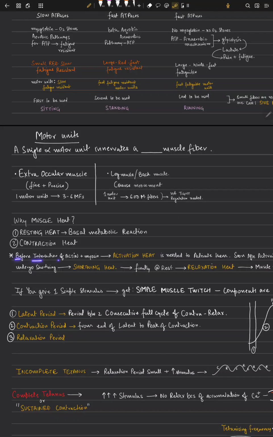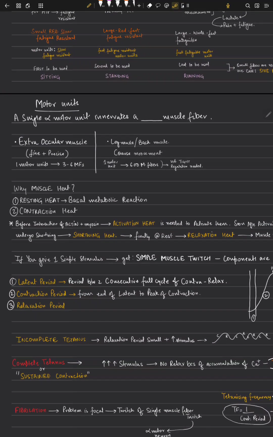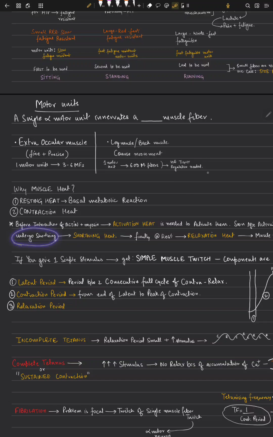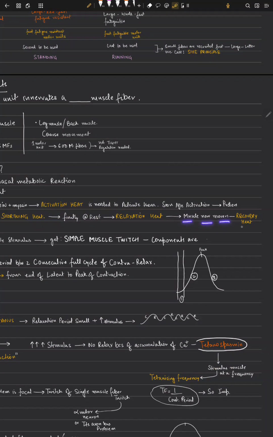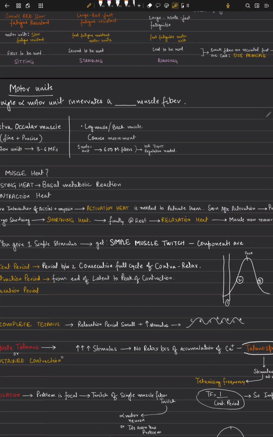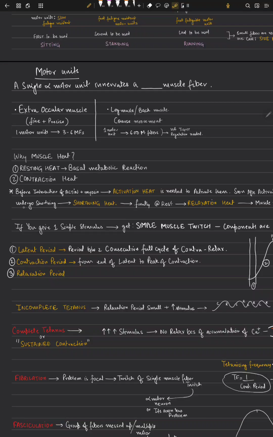Before interaction of actin and myosin, activation heat is needed to activate them, of course. Soon after activation, proteins undergo shortening. Shortening means contraction. So shortening heat is needed. Cool. Finally, at rest, relaxation heat is there, and muscle now recovers, and we call this recovery heat. So we have 4 types of heat. Recovery heat is the final heat. Relaxation is relaxation. Activation is needed to activate actin myosin, and shortening heat is generated after the proteins undergo shortening,